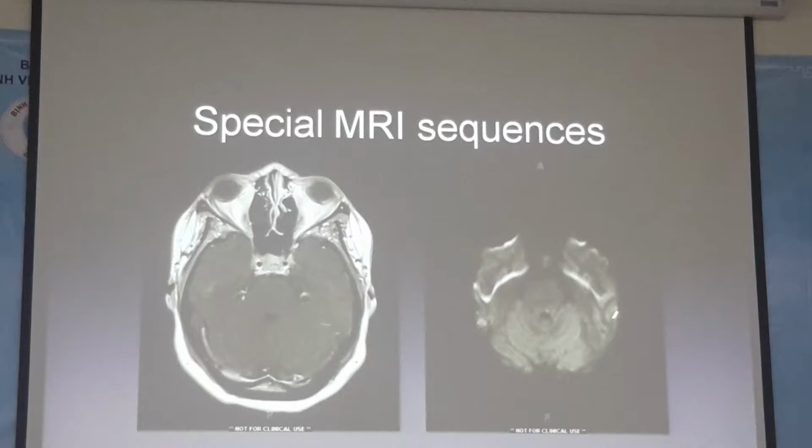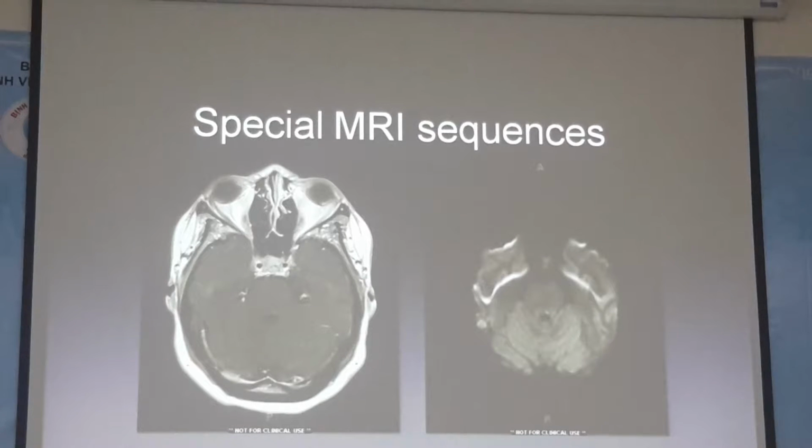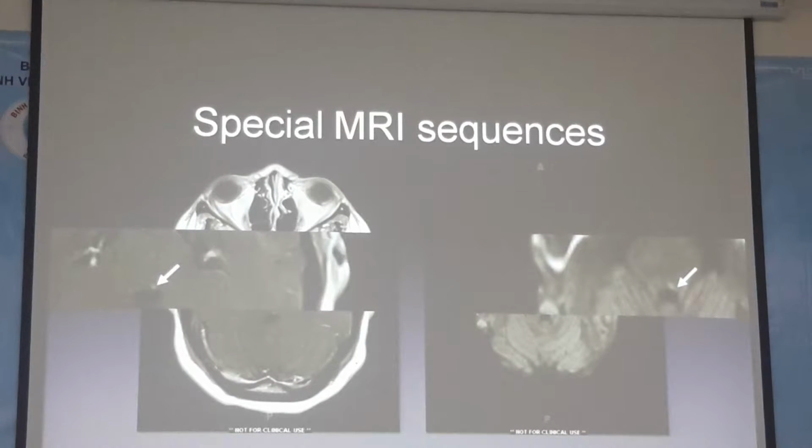But then when the diffusion weighted imaging was done, we realized that there was a little bright spot right here on the T1 that corresponded to a bright signal on the diffusion weighted imaging as well, which matched up with the origin of the fourth nerve at the dorsal aspect of the midbrain there. And in fact, if we expand that, the arrow shows you where that bright spot was located right there, correlating well with the patient's symptoms. But I think if we had not obtained the diffusion weighted imaging, it would have been very difficult for us to be certain that this very small contrast enhancing abnormality was real and that it really was the cause of